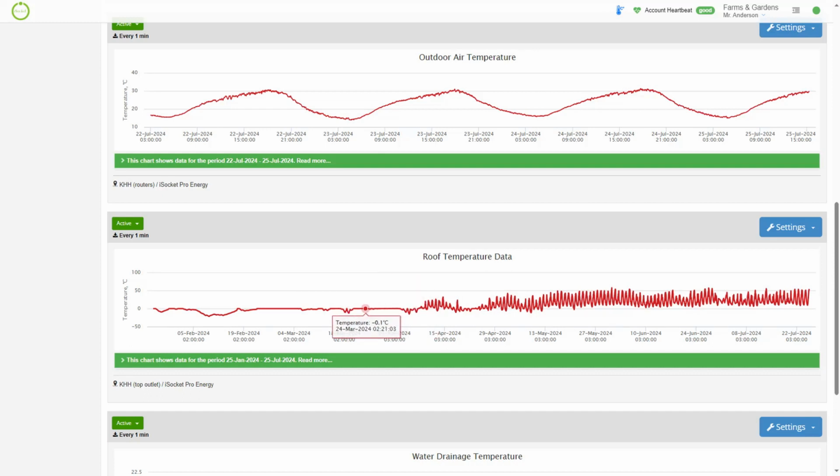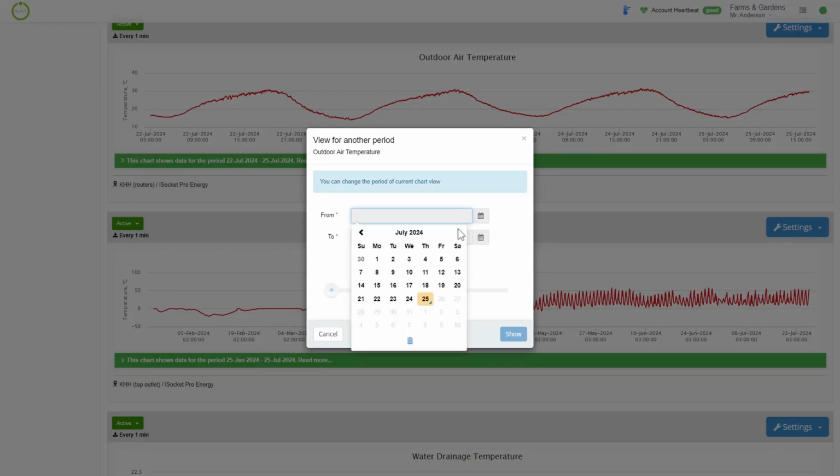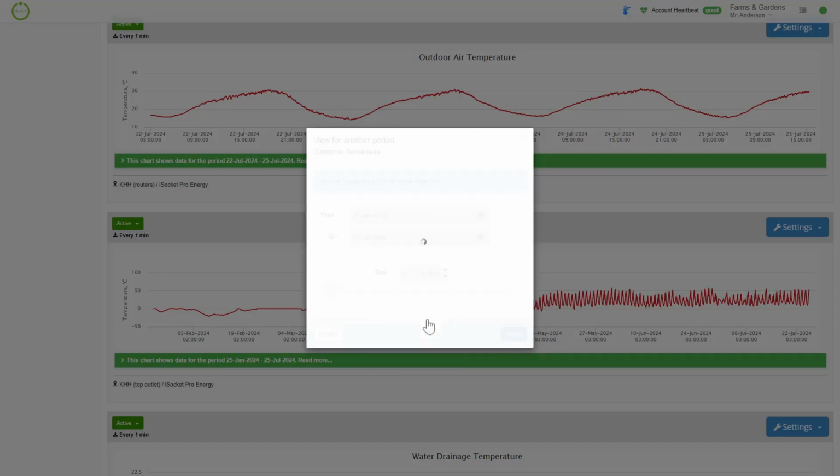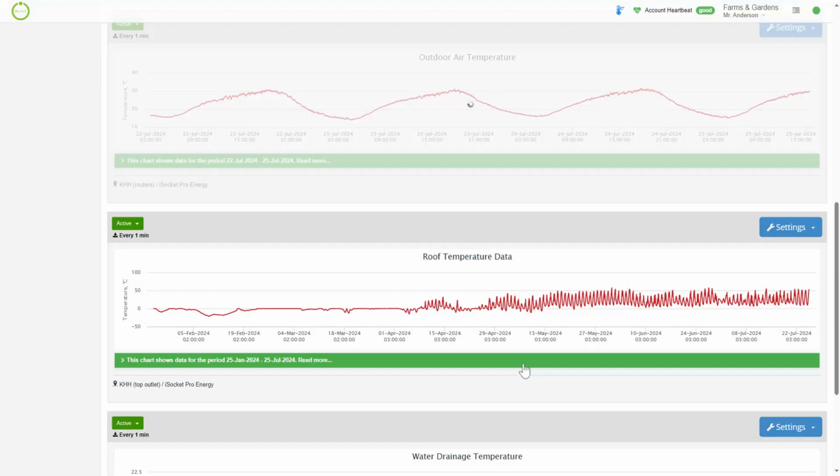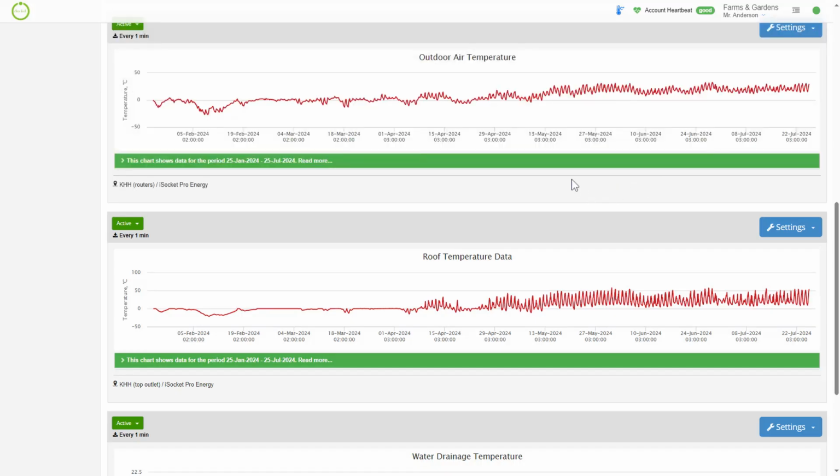Well, guys, that profile actually needs to be analyzed together with the outdoor temperature. Oh, that's quite interesting. Let's try to do this here. Actually, it would be better if we could combine a few graphs, but let's do it here. View for another period. I hope it will update only that one. No, probably not. But I know some tricks. Let's see. No, it's updating just that one. That's nice. Well, awesome. Yeah, guys. Well, that's interesting. So on 1st April, we almost match here.